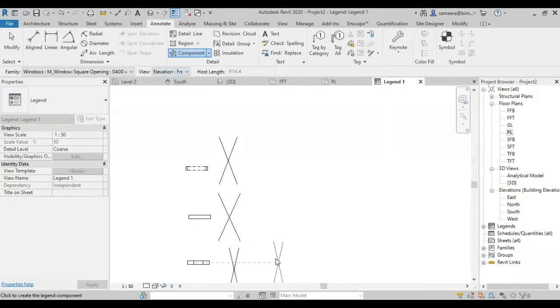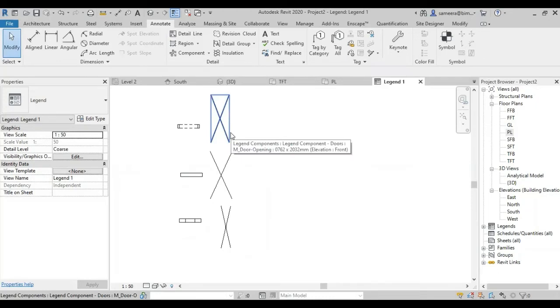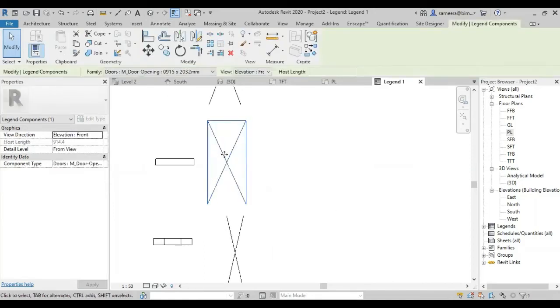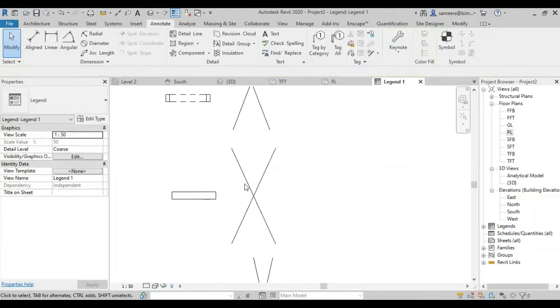After that, the question can be like this: which is the elevation of the chair C2? So only after having a legend view and placing the legend components, you should have an elevational view of the thing that is mentioned in the question, and you have to look at this view. Okay, it looks like this. Actually, these three look the same, but they can be different. Okay, so you should know, yeah, it looks like this.